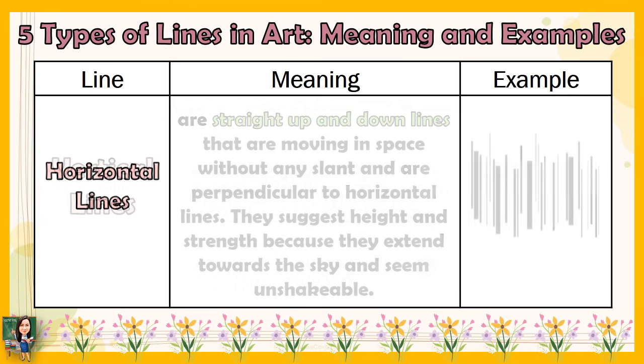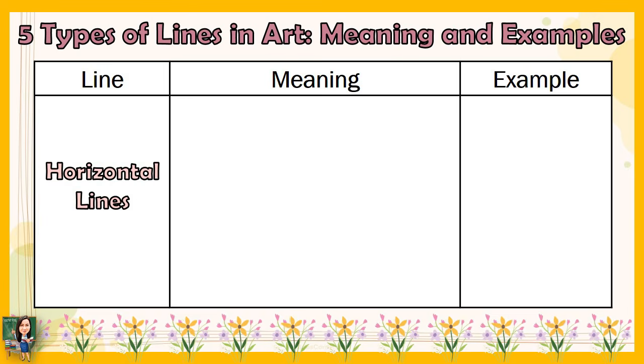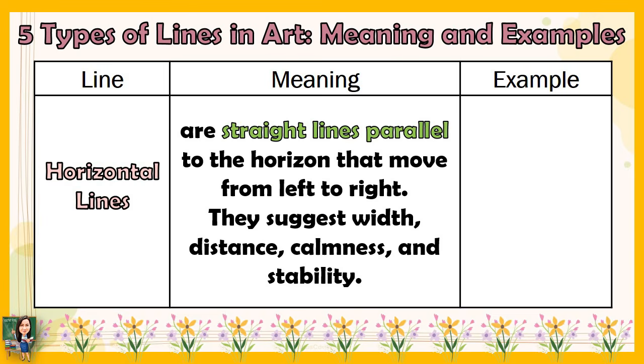The next line is horizontal lines. Horizontal lines are straight lines parallel to the horizon that move from left to right. They suggest width, distance, calmness, and stability. For example,